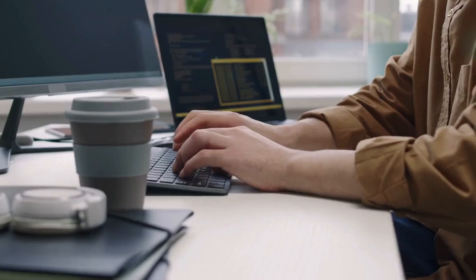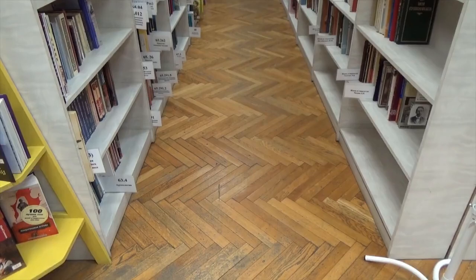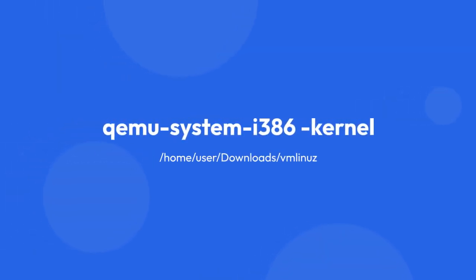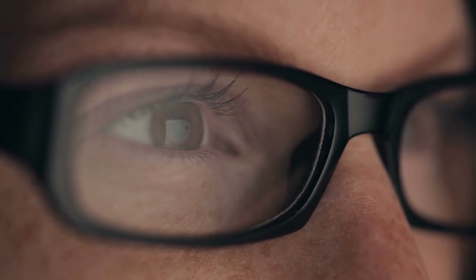For example, instead of qemu-system-i386 -kernel vm-linux, you might need a fully qualified path such as qemu-system-i386 -kernel /home/user/downloads/vm-linux. A typo in the path is a common error. 3. Incompatible kernel image. The kernel image you're trying to boot might be incompatible with the i386 architecture emulation of